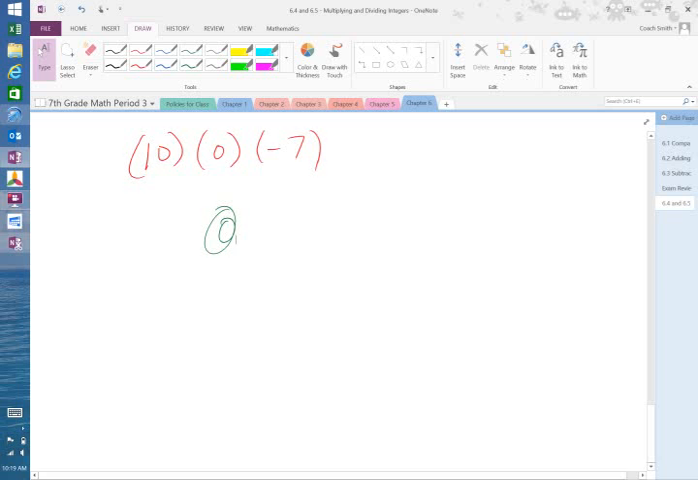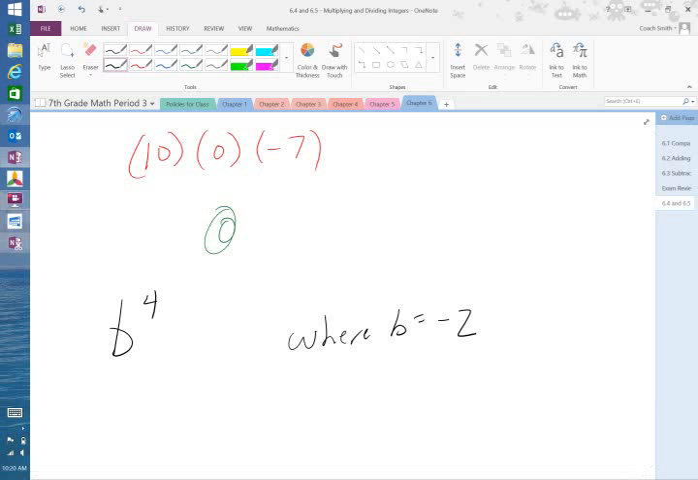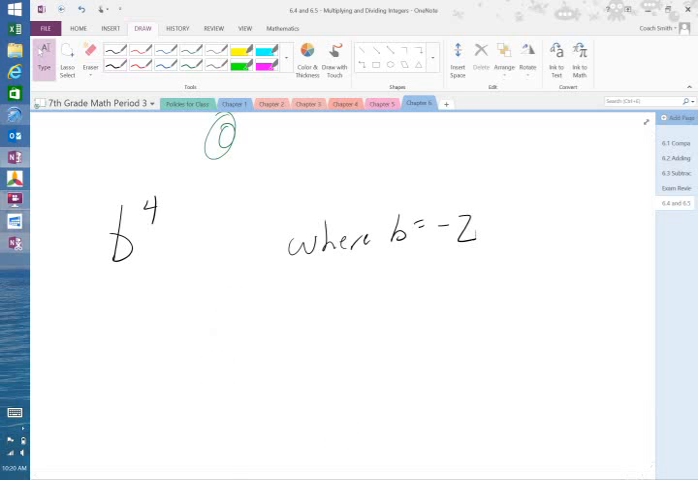All right, let's look at this one. B to the 4th power, where B is equal to negative 2. They want us to plug in the value for B to be negative 2. Well, that means I have negative 2 raised to the 4th power, which if we write that out in expanded form is negative 2